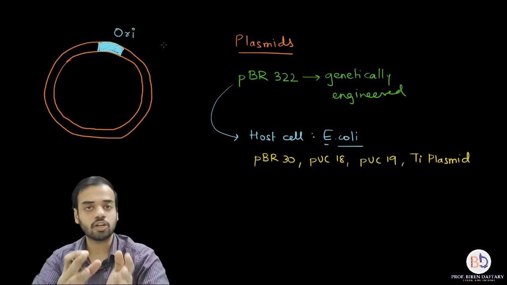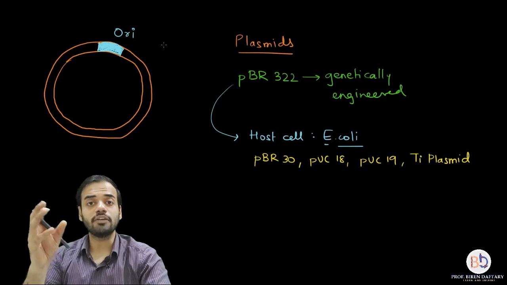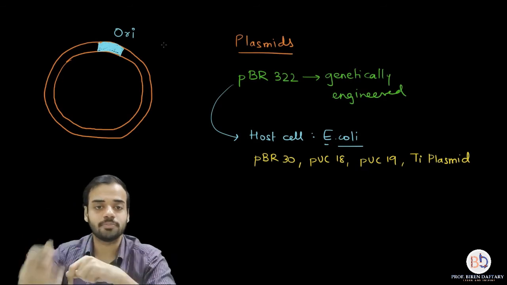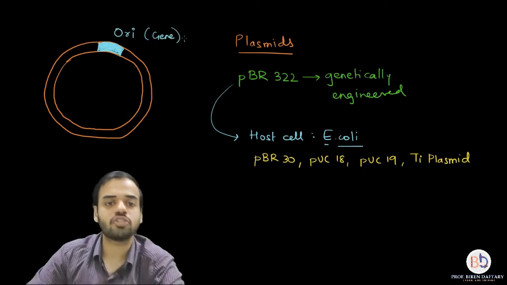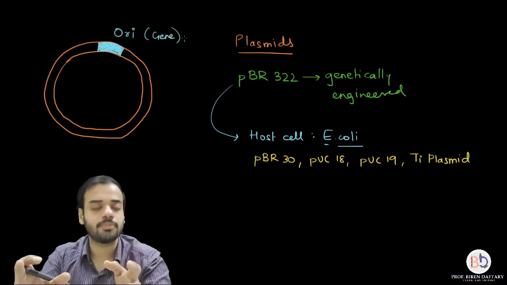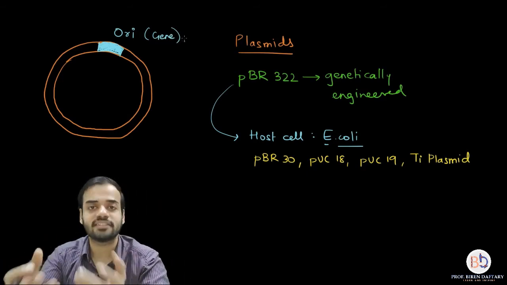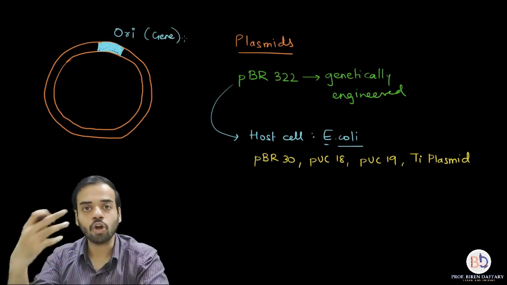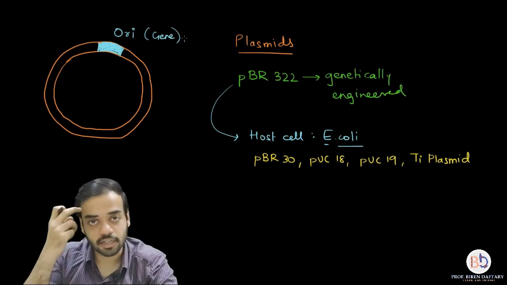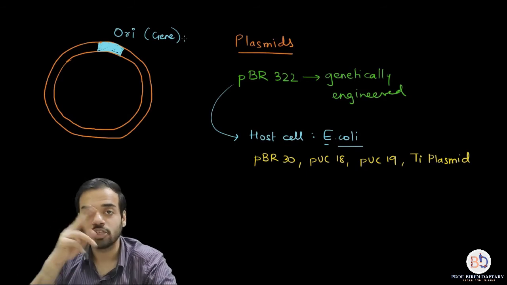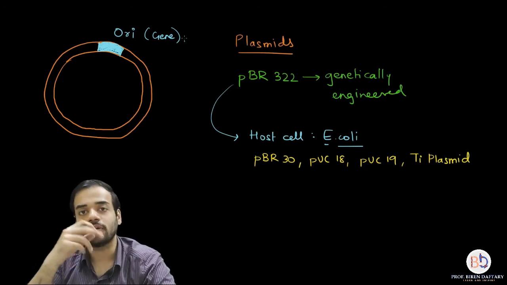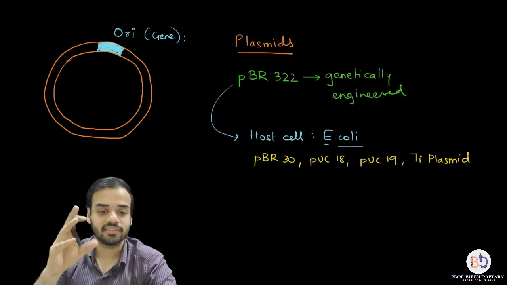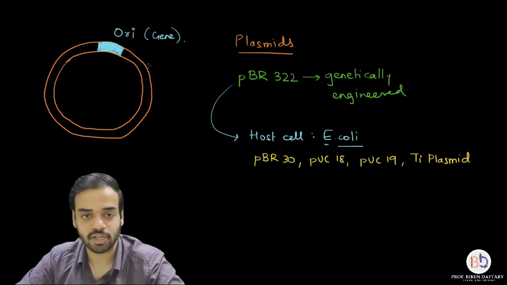Now we are talking about plasmids. If this ORI gene, and please remember this is a gene, is not present in the plasmid, it will not be able to multiply inside the host cell. What other things are present inside a plasmid? The next thing, if you remember, we studied the marker sites, the antibiotic resistant sites. So let us show two antibiotic resistant sites.